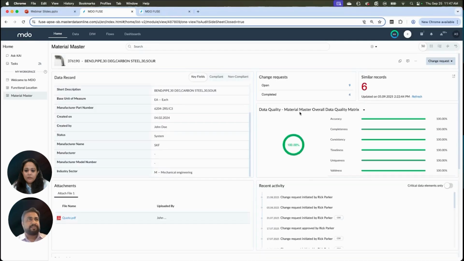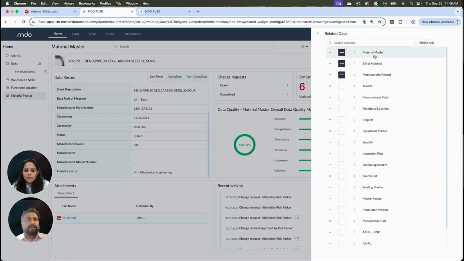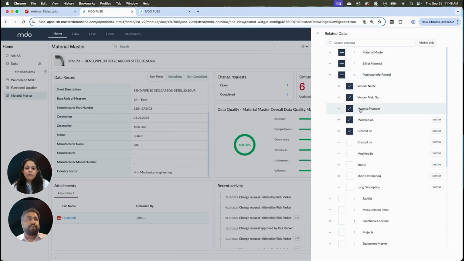To give a quick view of that, if you get into the configuration part and I want to see the related data sets, I have the list of all other linked data sets which are available, and I can even decide what set of fields I want to display in the output from an overall view perspective without getting into the detail of each and every record.